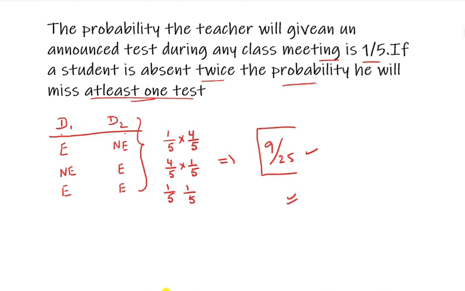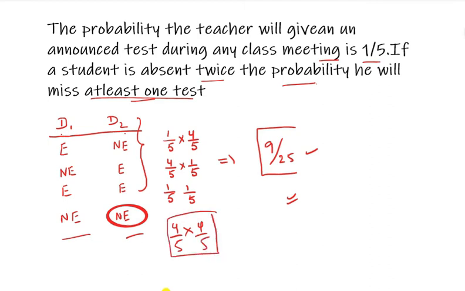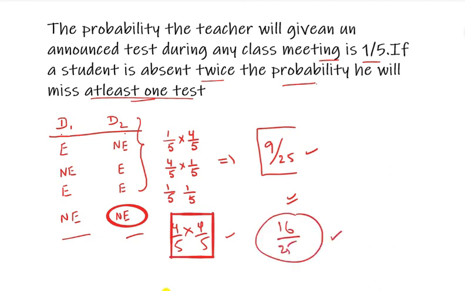Suppose he is asking the probability the student never misses the exam. So that means first day the teacher is not conducting exam, second day also the teacher is not conducting the exam, right? So that's why 4 by 5 into 4 by 5, this is the answer for the student not missing the exam. That is 16 by 25, the probability the student won't miss the exam. So that means complement for this only. But in this question he is asking the student has to miss at least one test. These are the 3 cases he is missing at least one test.